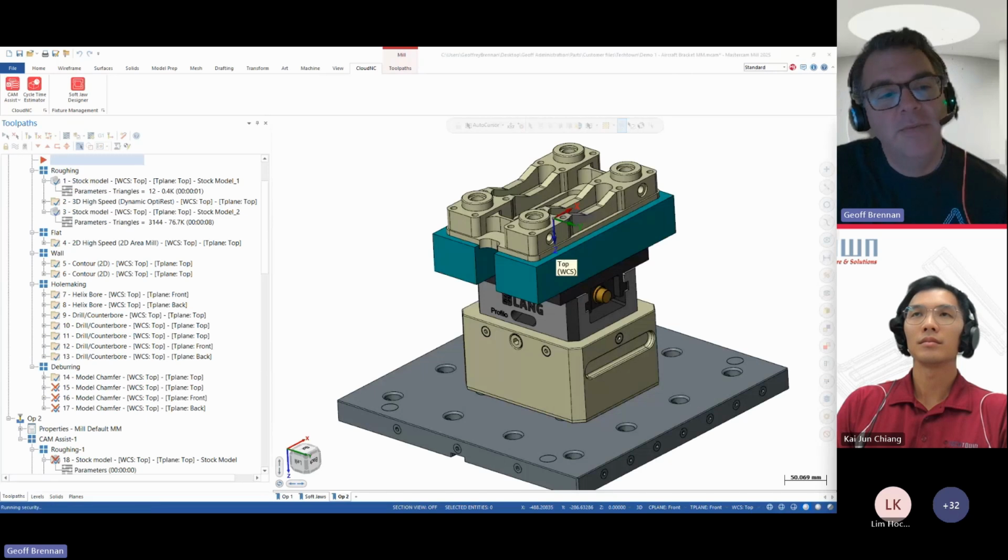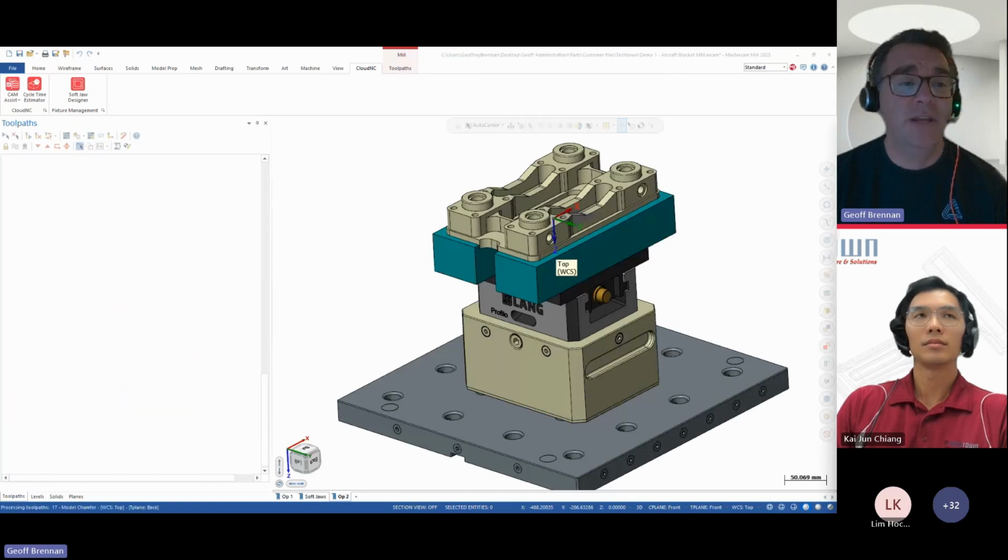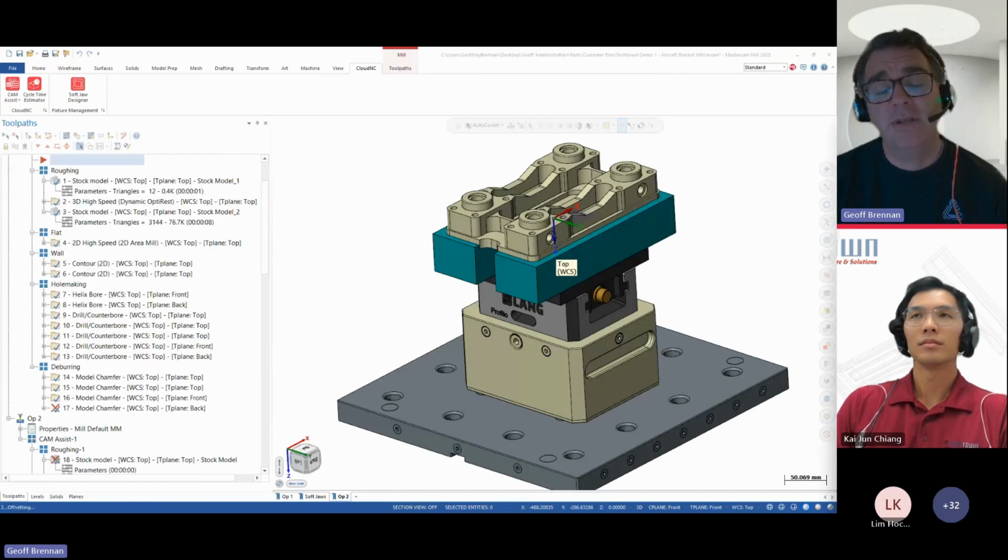So yeah, in terms of future improvements, we want to add more functionality to the other tabs that we see on screen here with estimation and fixture management.